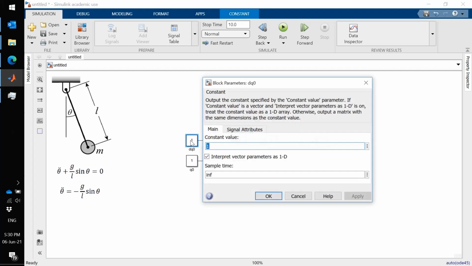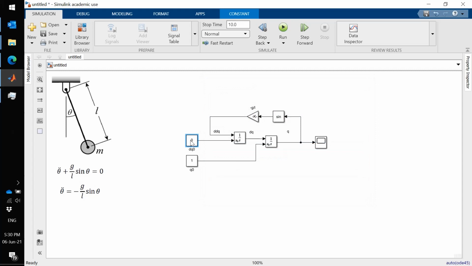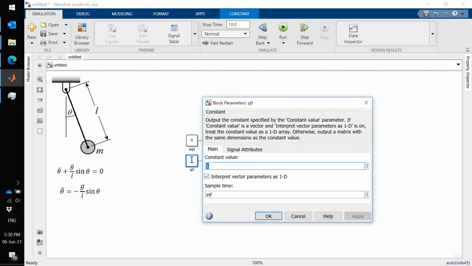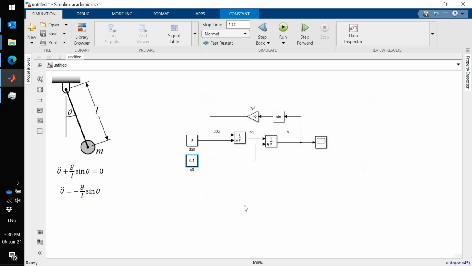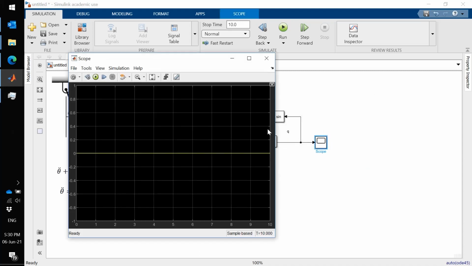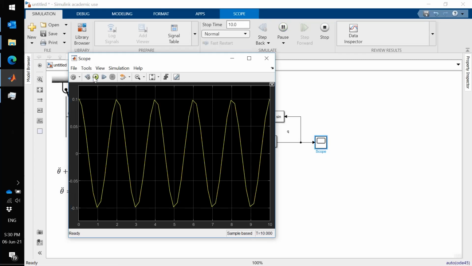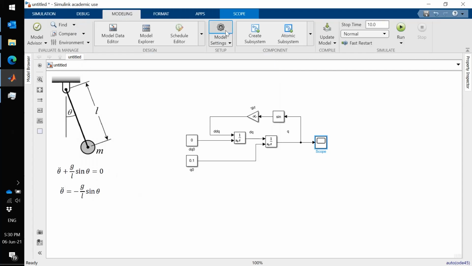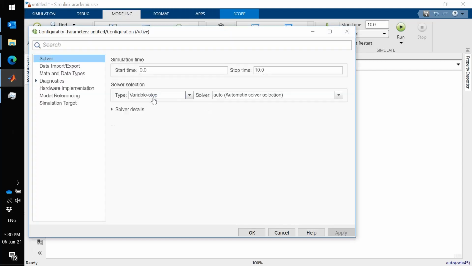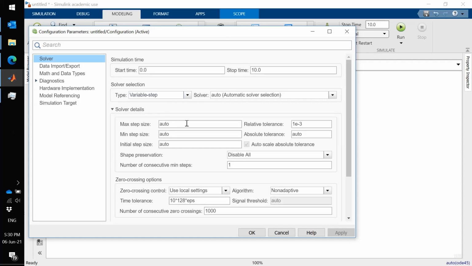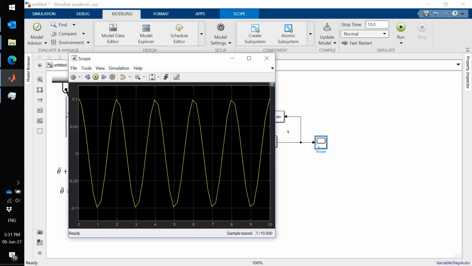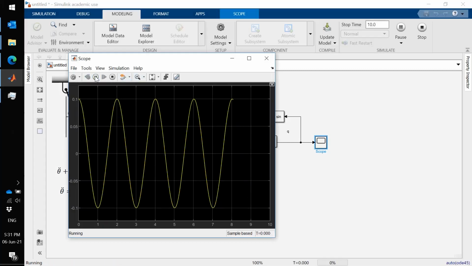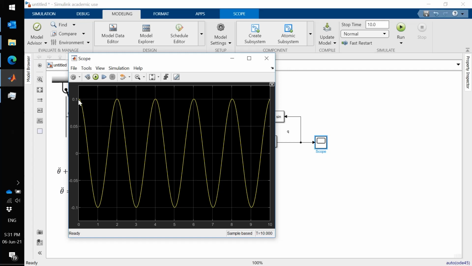Let's set the initial theta dot to 0 and the initial angle to 0.1 radians. And now let's run the simulation, and here's my sinusoidal response. I'll go to modeling and reduce the step size, solver details, and then auto, reduce it to 0.001. Run the simulation one more time, and as we see, we have a sinusoidal response starting from 0.1, the